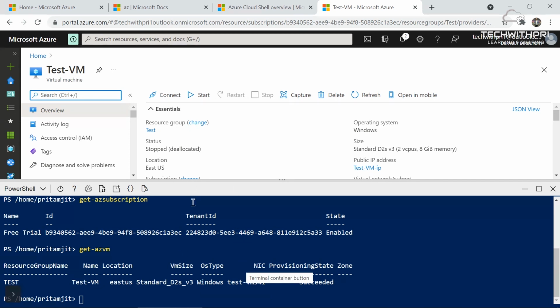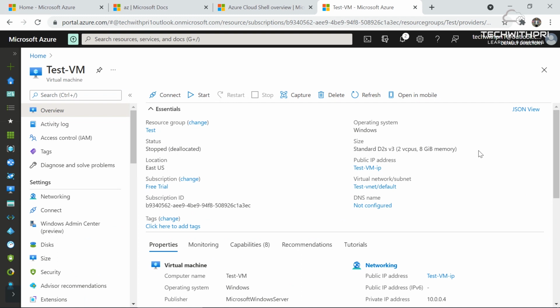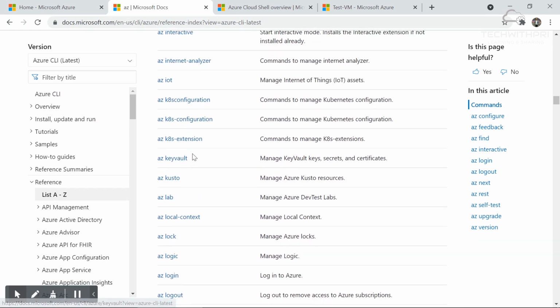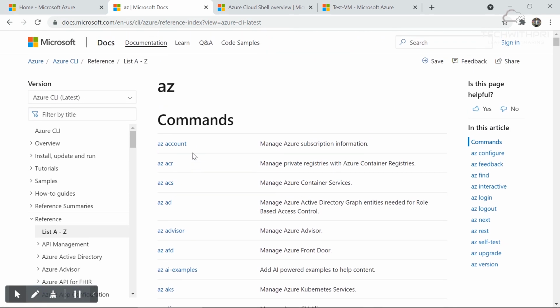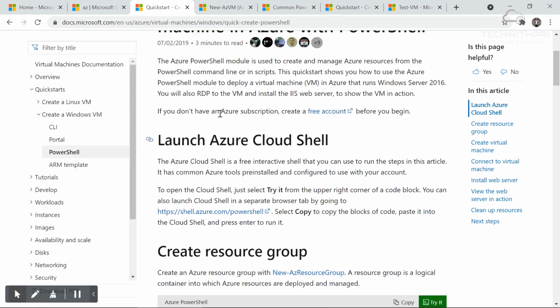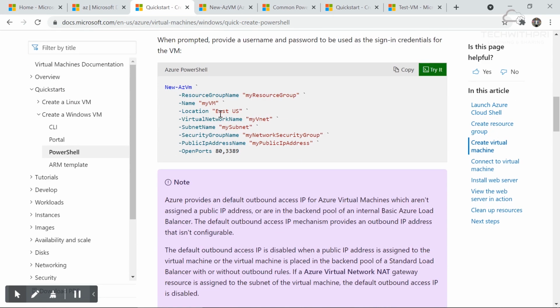All I wanted to show you is that by typing simple code, we can get the list of virtual machines, we get the subscription, and we can get everything. Whatever you can do in the portal, you can do the same thing in PowerShell also. Now I will give you the link to the Microsoft sites where you can get the details. This is the Azure CLI list of commands, and we also have commands for PowerShell. You can see this is the page for PowerShell commands. I'll post you the link.